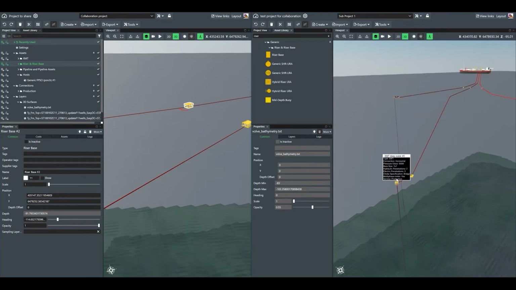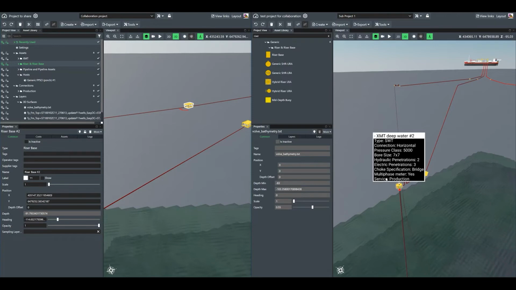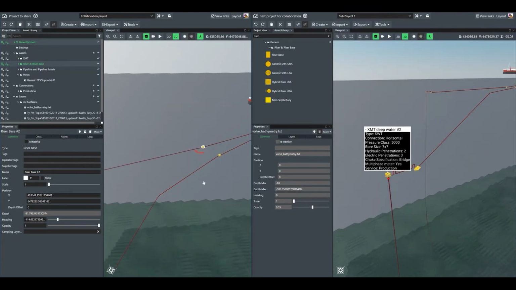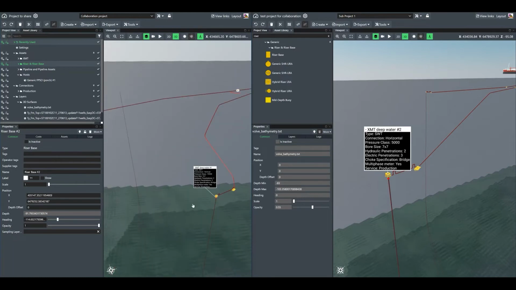One thing you can see here is that all the metadata is displayed from the operator's side. And that might not be the intended way the operator wants to share their data. So you can control the visibility of metadata by using tags. And this is something that has been in FieldTwin for quite a while, but I'm not sure if it has been used very much. But what I can do on the operator side, I can go back to my setup